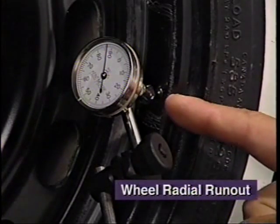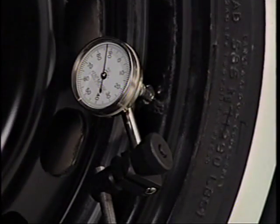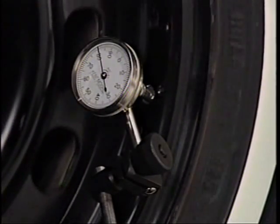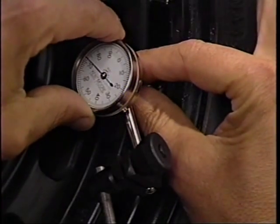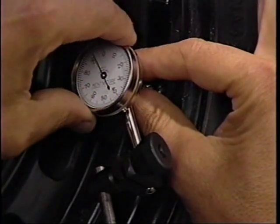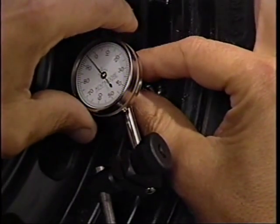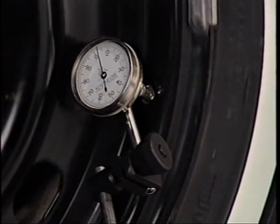Set the dial indicator's wheel against the underside of the rim, near the bead. This reading tells you if the rim is rotating off-center. Again, find the low spot, zero the gauge, and get the highest reading. Repeat on the opposite side of the rim. Specifications for wheel radial runout are 40 thousandths of an inch for steel wheels and 30 thousandths of an inch